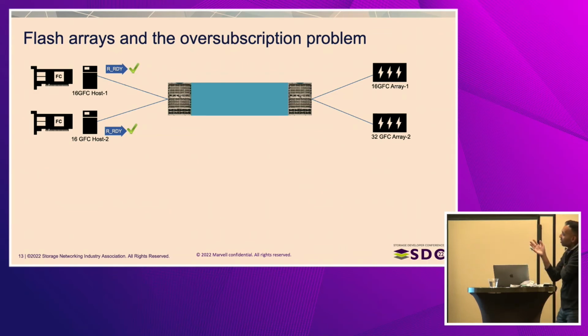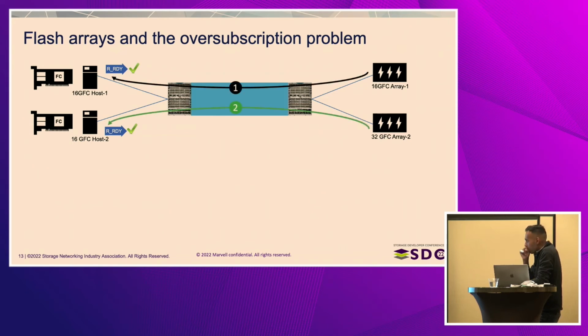So this is an example of a SAN where on day zero, we had a single 16 gig storage array connected to a fabric serving 2 hosts. And at some point, a new 32 gig faster all-flash array was added to the SAN. Requests are initiated by both of the hosts. Host 1 is running traffic to the first storage. Host 2 is running traffic to the second storage. With data moving, the host sends R_RDY for every data packet that is incoming, and everyone is happy at this